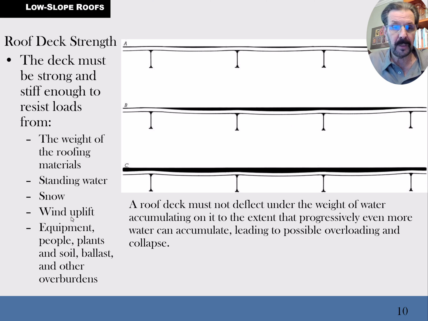So if you end up with a clogged drain, you could end up with quite the pool of water on top of the building, which, if you don't design the building strong enough, the whole roof structure could collapse, and that could cause the whole building to collapse. So we have to make the thing strong enough to deal with that, and it means there's typically, on a low slope roof, a flat roof, where there's drains involved that could possibly clog,